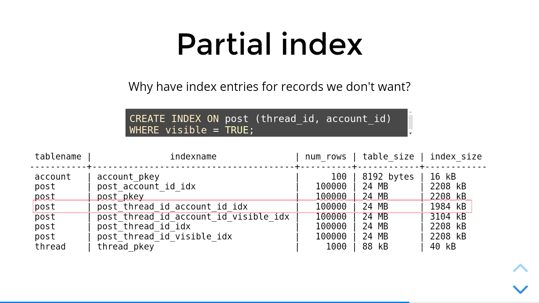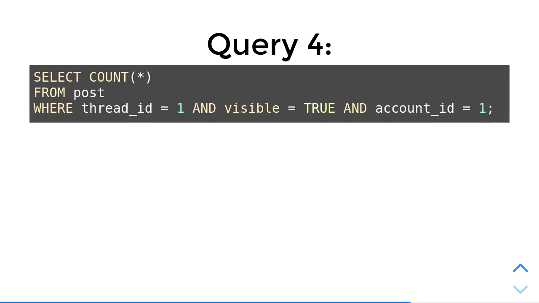This gives us an index that is now, oh look, it's only, well, you know, we've saved 300K. Not a huge amount, but it's an amount and it's a bonus. So what does this do for query number 4? Well,